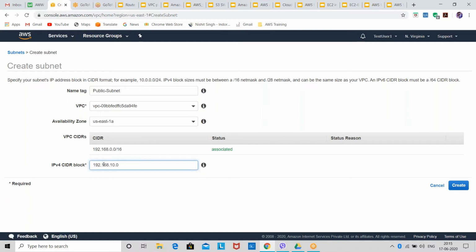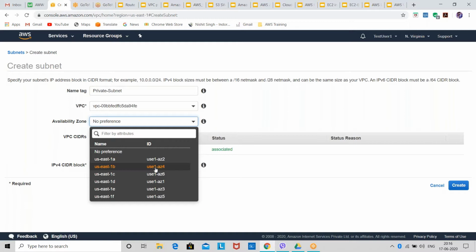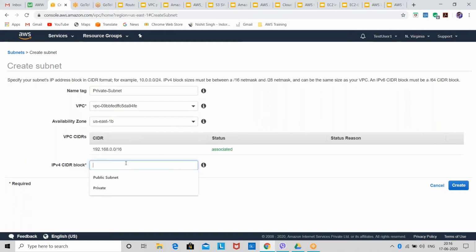Now I have to create one private subnet also. I'll similarly create a private subnet and give the name private subnet, then select my VPC, then select an availability zone, and then give the IPv4 CIDR block.